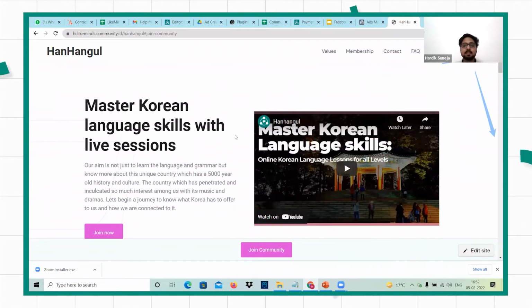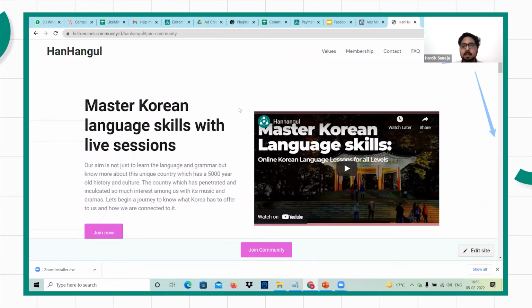So pixel is a kind of code that we place in our website. You can take the help of a technical person for this, or if you have a content management system like WordPress, if you're using WordPress for your landing page. So there are different CMS, content management systems, where they directly provide you this opportunity to just install a particular plugin, and you can simply install pixel from there. So basically it is a code that is placed on your website, and it helps you track different events on